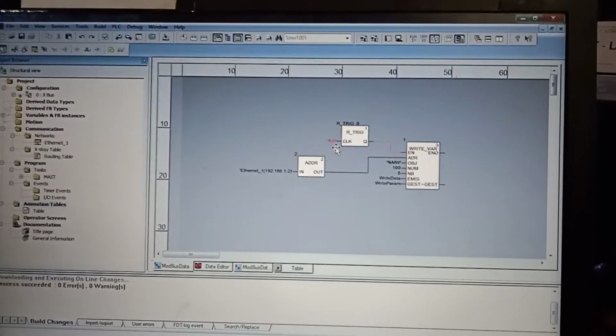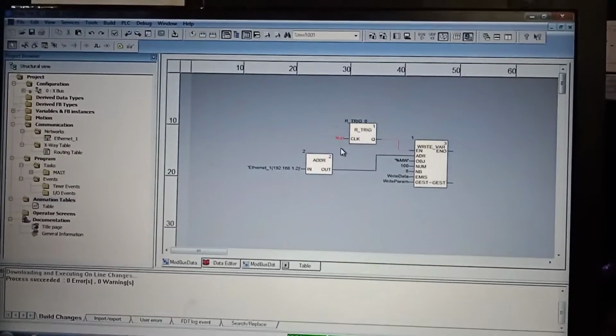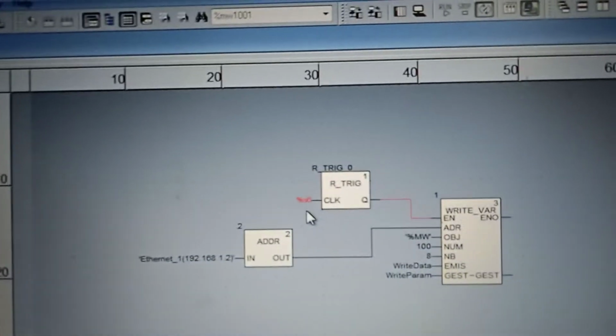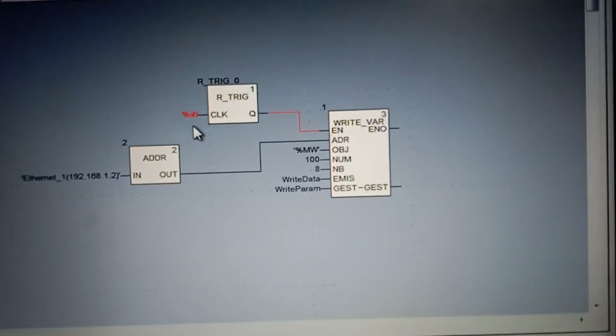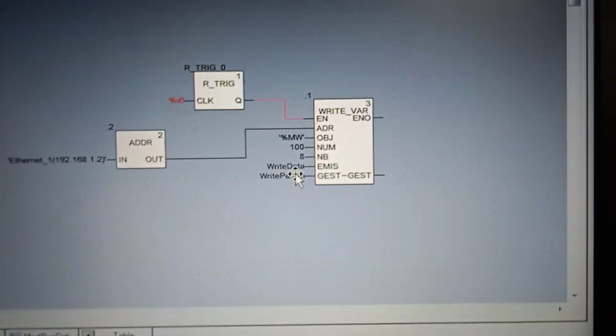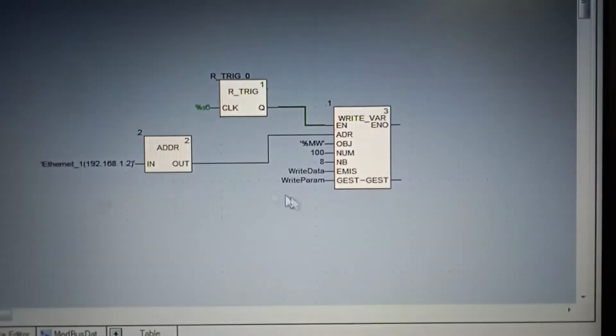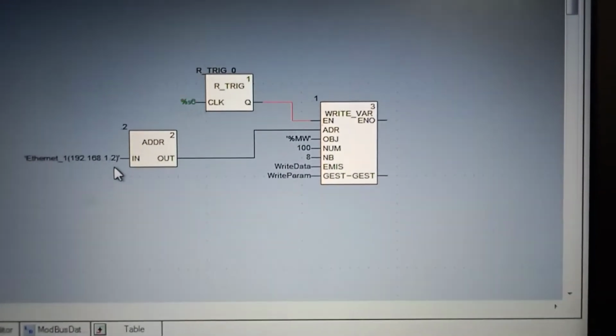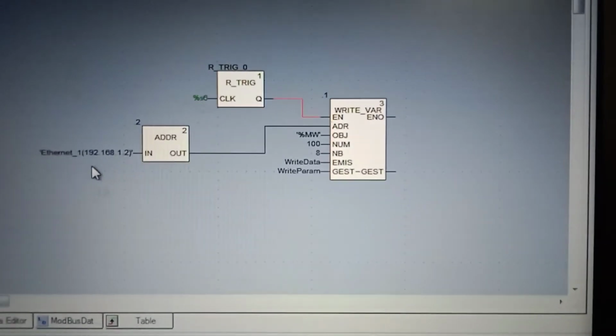You see, every 1 second that S6 bit is toggling. That means once the rising edge comes, the data coming to this write data array will be transferred to this IP address through the Modbus protocol.